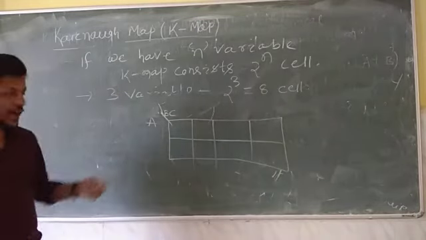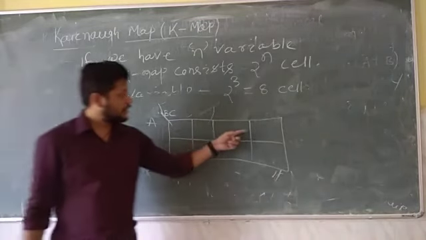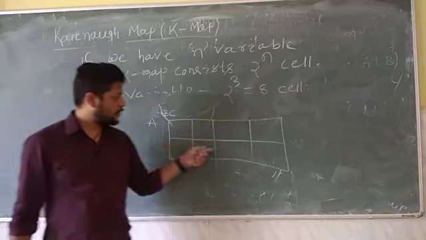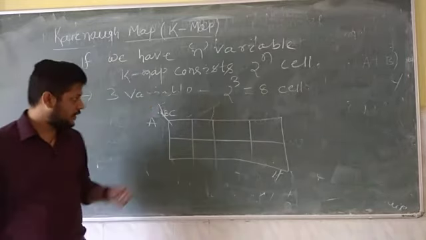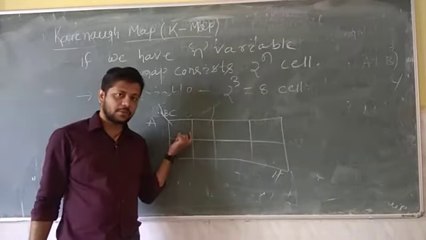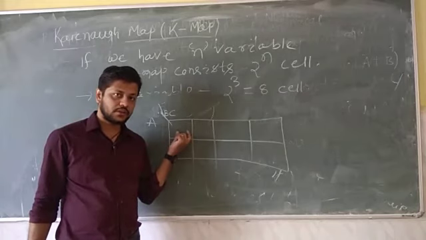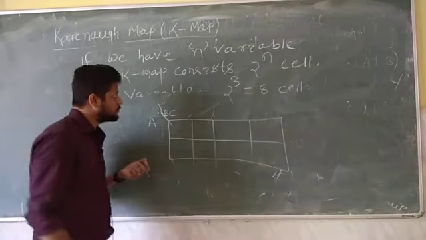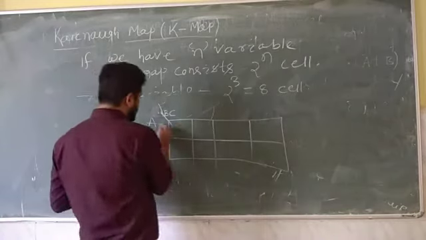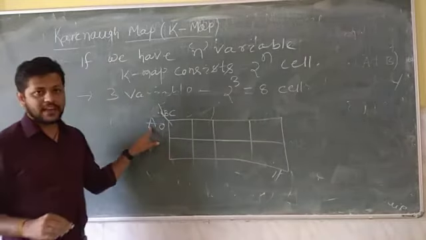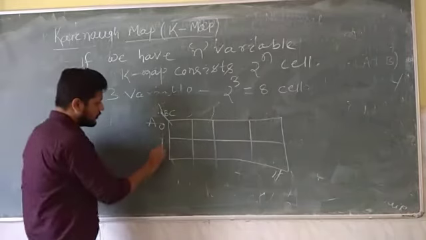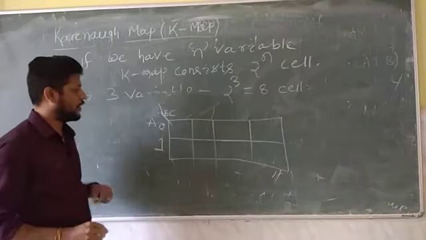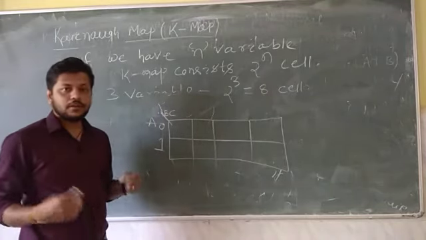So obviously, how many cells? Each one here is known as a cell, and each term inside the cell is known as a min term or max term. Here this A variable can be 0 or 1, so I am writing here 0 or 1. For this BC we have 0 0,